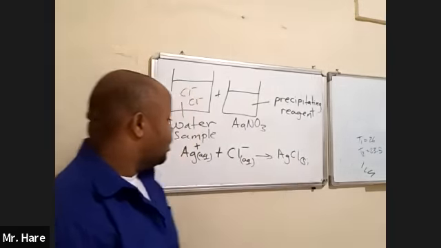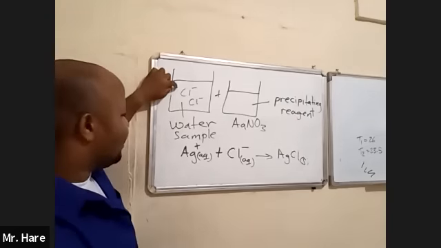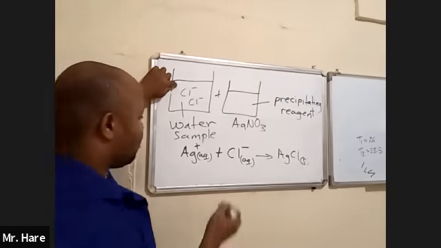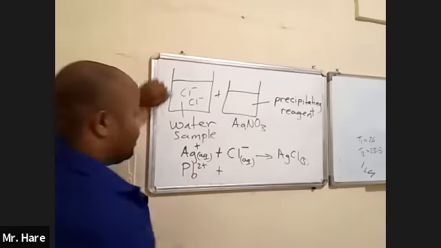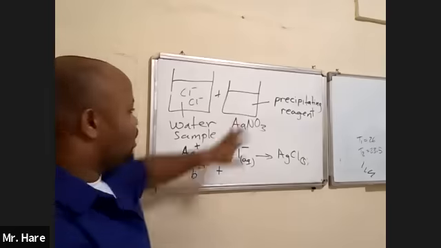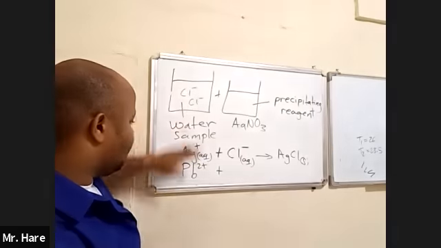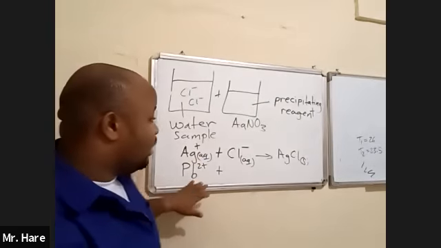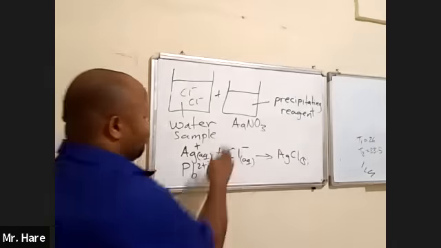All right? So for the next example, if it was lead ion, that is your analyte. When you add a precipitating reagent and it combines with lead ion, it can give you a precipitate with lead. So for example,